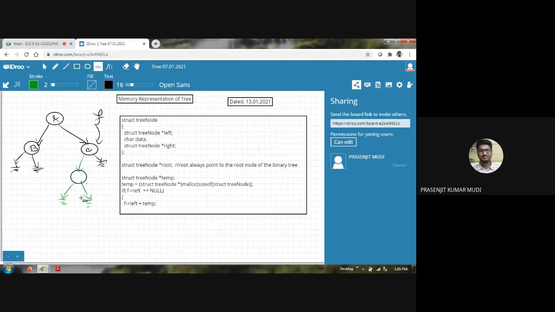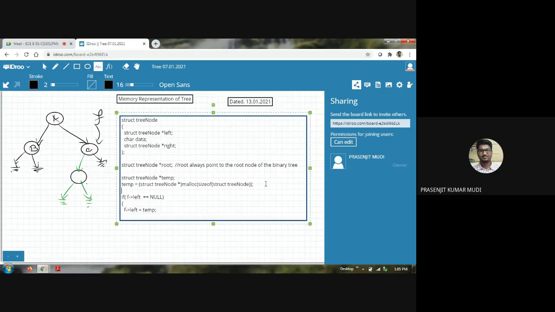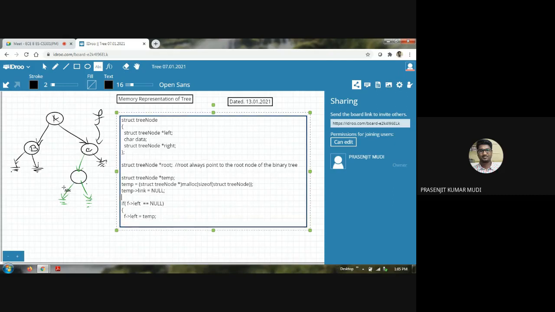Okay, when you do that, here temp equal to struct string node. So here is the memory allocation. Then temp pointing left equal to null. That means this green color portion is done, and then temp pointing right is equal to null. By this code, these two are done.